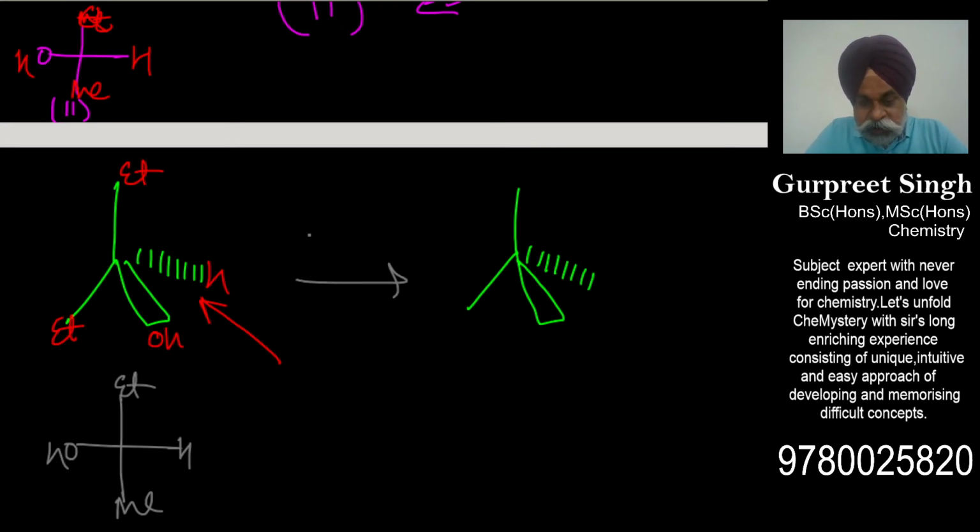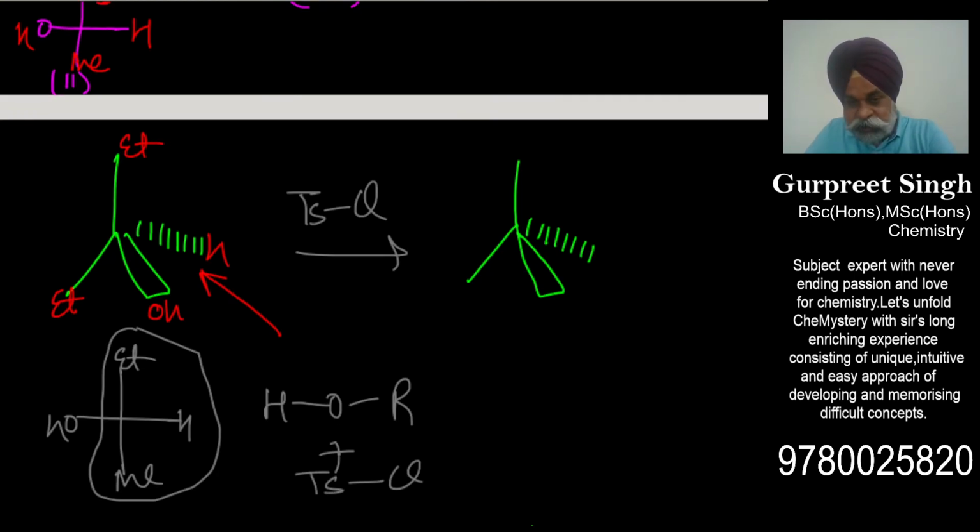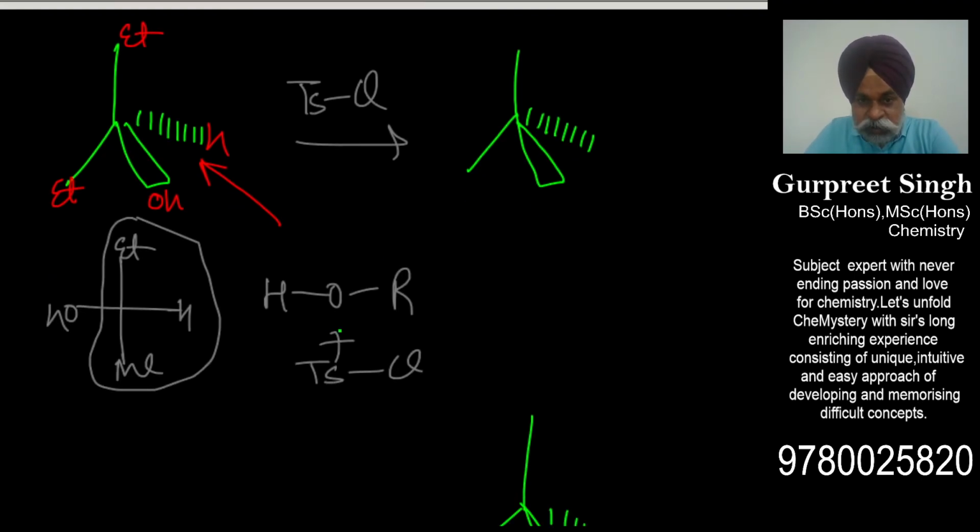Now thereafter you treated it with tosyl chloride. If you treat this entire moiety as the R part, you have ROH, and you have to treat it with tosyl chloride. So what exactly would happen here? This OH negative would attack this and throws this out. So basically you would get a tosyl getting attached on the same side, OTs attached here. So there is no change in the configuration